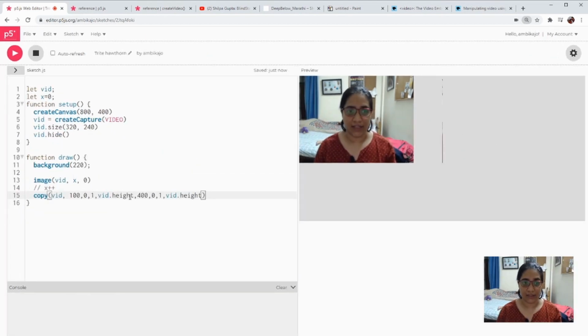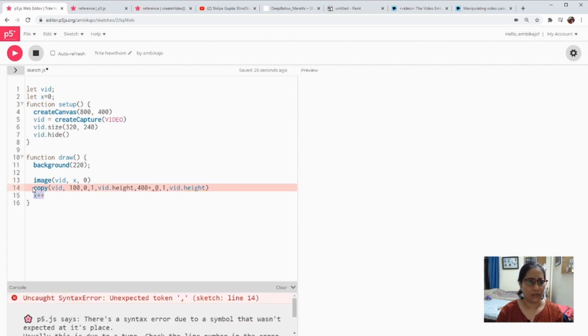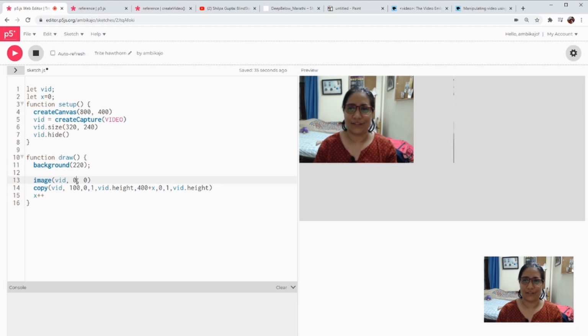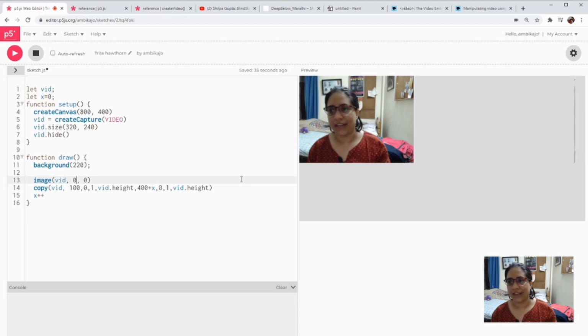Now that I have an x value, what I could do is tell this line to move. The line is right now at 400. I could say 400 plus x, and then make it move with the x value I have here. What did I do? Oh, I never put the value. Okay, sorry. The whole thing is moving because I put x here as well. Just remember this. Now you can see that this line is moving out.